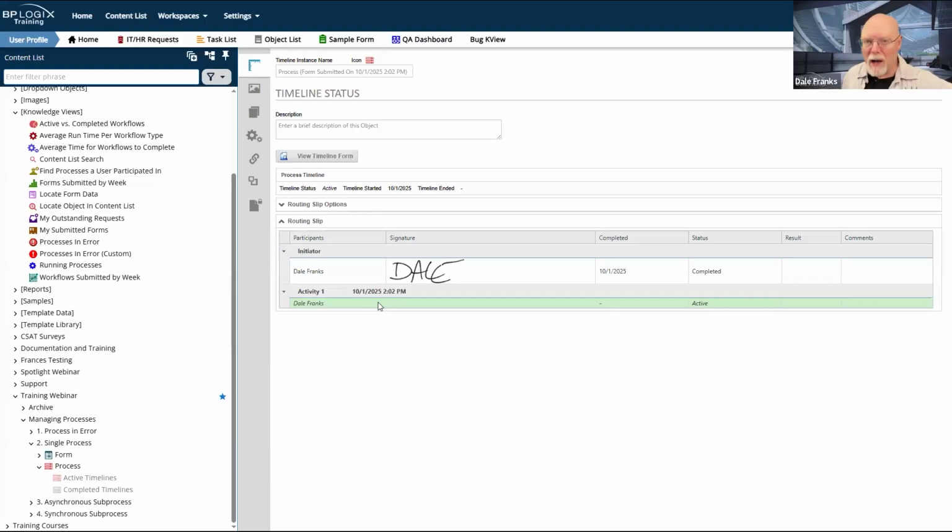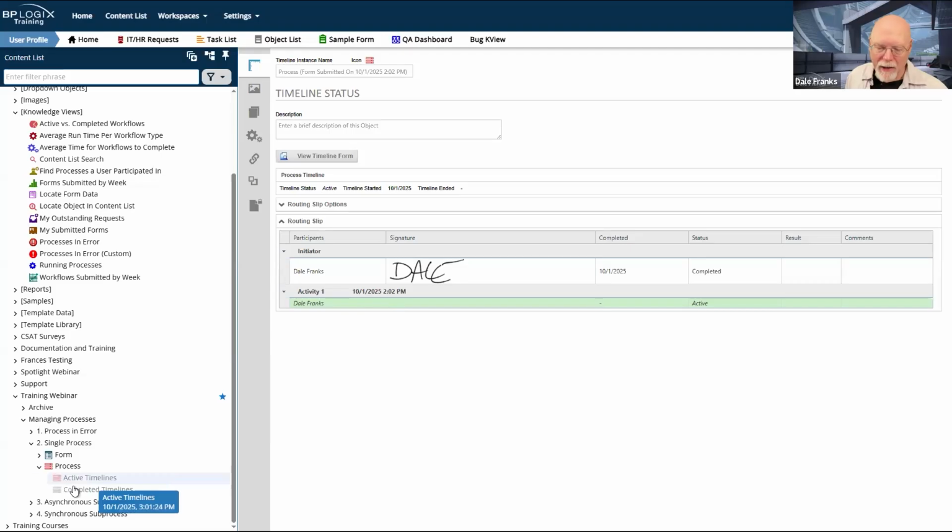When I complete this activity, activity 1, the instance is going to go back and check with the process timeline definition and figure out what it's supposed to do next. And then currently it will invoke activity 2 because that's the next scheduled activity. And that's the one that will run. And then it will be added at the appropriate time to this instance. Now, of course, that assumes that activity 2 still exists. And like I said, we're going to delete activity 2, and then we're going to see what happens when we do that. So for right now, I have this activity and it is running.